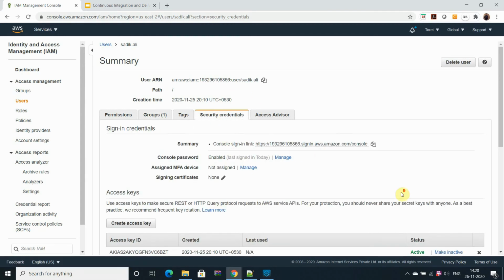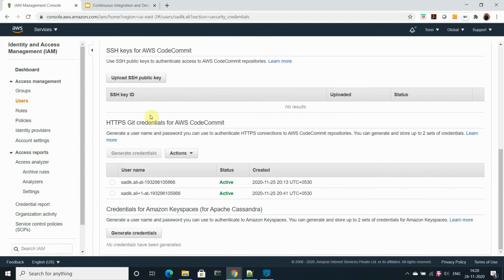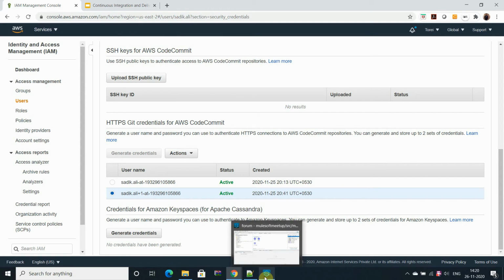And then I have created the repository, and to access the repository I should have credentials for the specific user for CodeCommit. I have created the credentials. You can create new credentials and use them to check out the code and commit the code in the repository using Anypoint Studio.